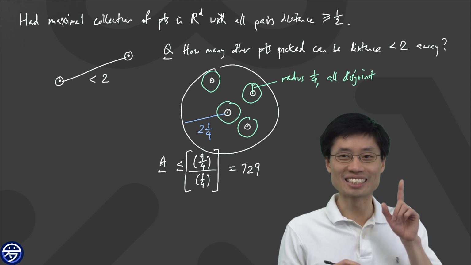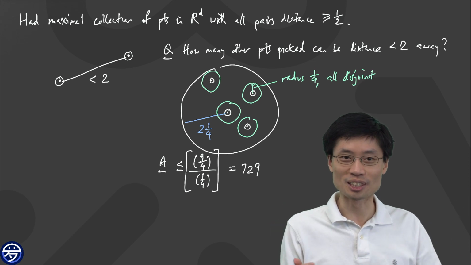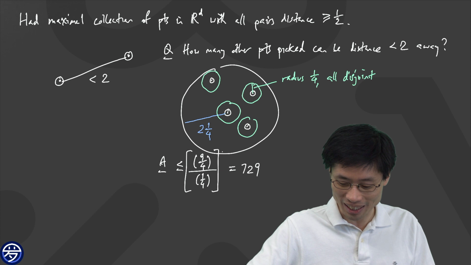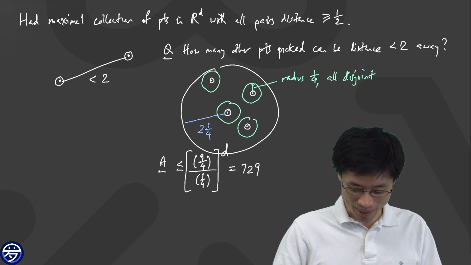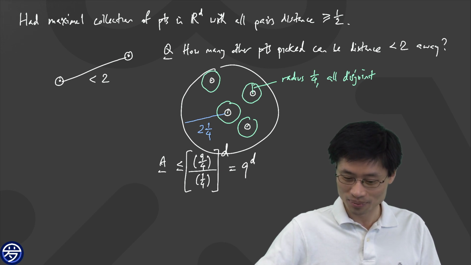That's good. And the reason that's good is because I was like, wait, but I do know the formula for a volume of a ball. It's just 4/3 pi r cubed. But I was like, there's something in here where you can avoid doing something harder. And I actually don't remember the formula for the d-dimensional ball. The d-dimensional ball is some nonsense. But this happens to be just 9 to the power d.